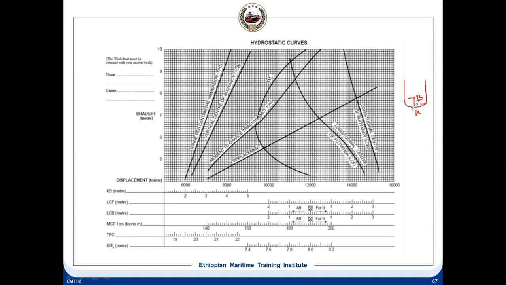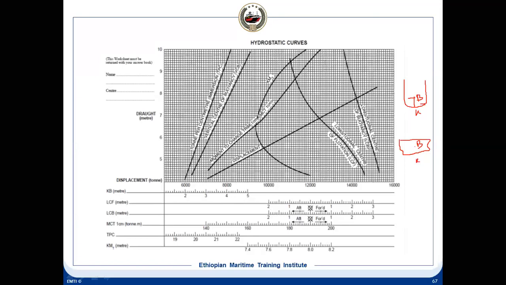So this, if you see from the longitudinal side, this will be the same. Suppose this is the B and this is K. So this distance is the same. So this KB and VCB, what is VCB? It is the vertical distance from the K. So VCB and KB are the same thing. And if the scale is provided in such a way, we can see it will cover this curve, so that for any draft which is coinciding here, you draw a vertical line and you will get the value.